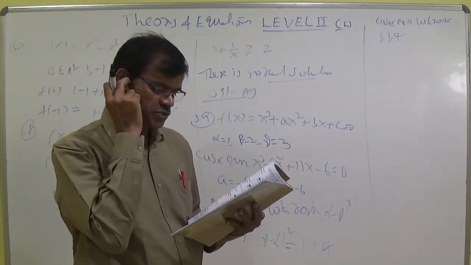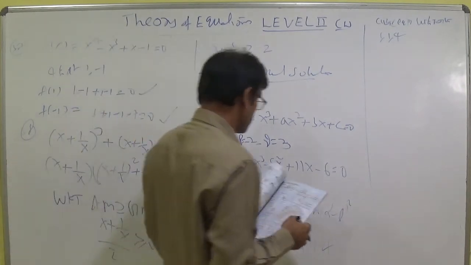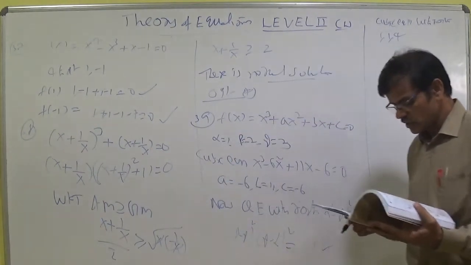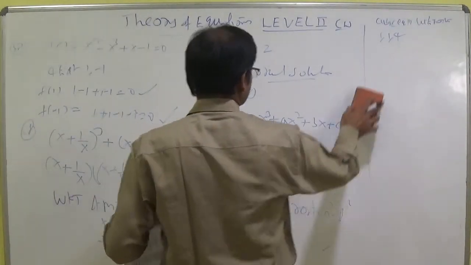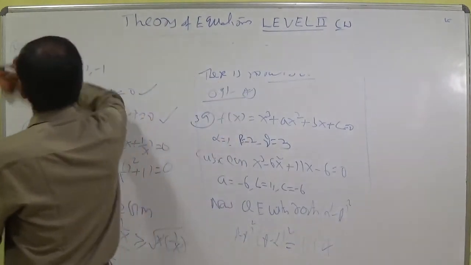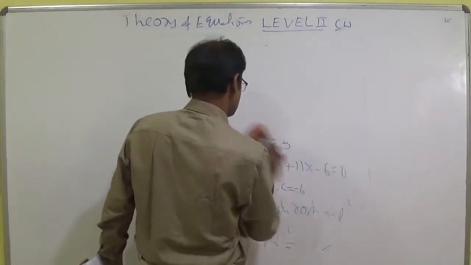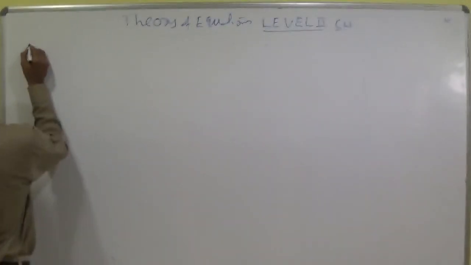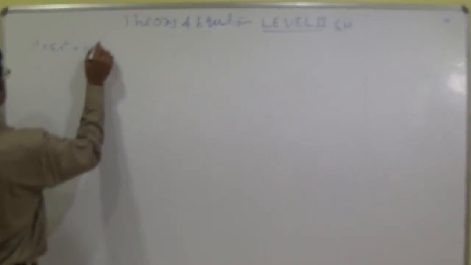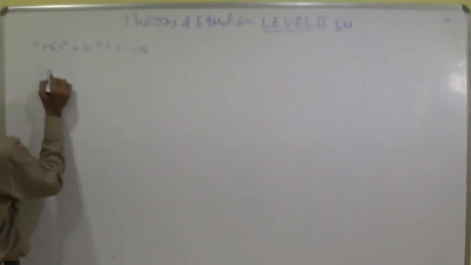Then c1 equal to 0, students, he has given that c1 equal to 0. So whenever c1 equal to 0, you should not consider the shortcut. Compulsorily he has given the c1 equal to 0 rule, so we should not put any shortcut. So the product of roots becomes 0. So directly we can write x cube plus a1x square plus b1x plus c1 equal to 0.